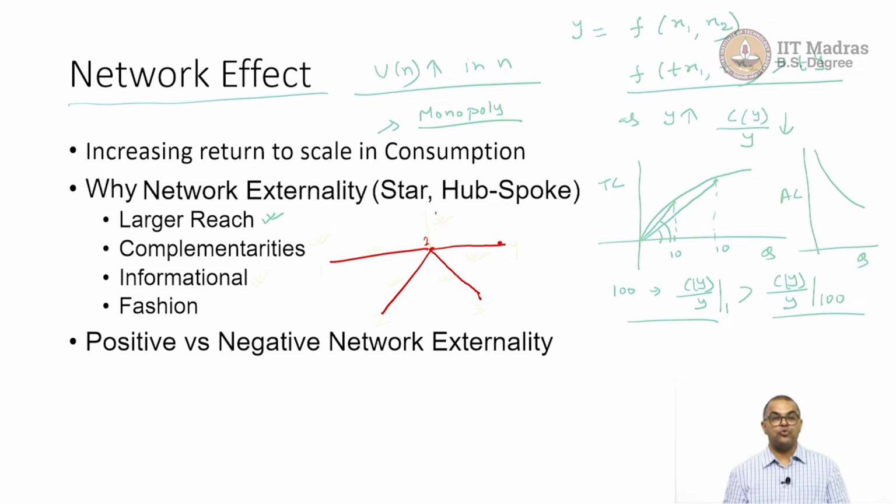Informational: if more people are joining, the guess would be that of course that thing is better. Like you go to a place for food, let us say a food court, and you see that there are different food vendors, but everyone is buying from a particular food vendor and no one else, let's say in the extreme case. You would think that the presence of so many people gives you some information that perhaps this vendor is better, and that's why it's informational.